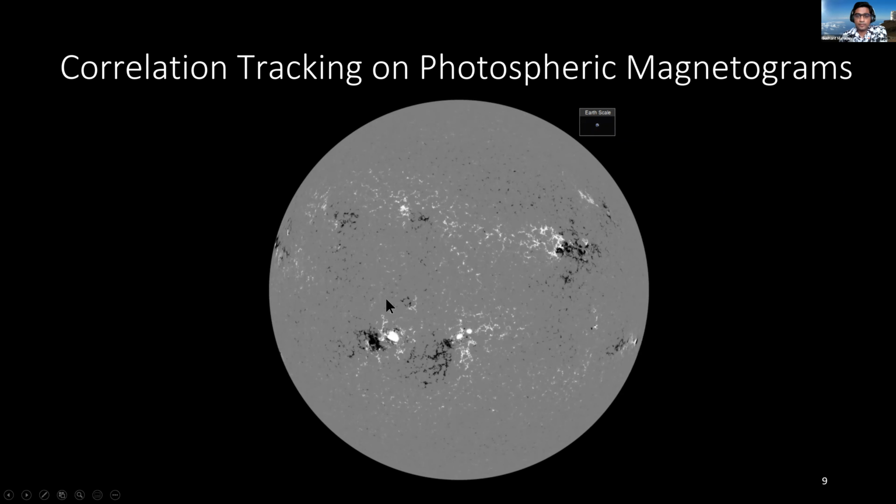All right, so this is a typical magnetogram. White color here represents positive magnetic field. Black color here represents negative magnetic field. And the Earth is shown to scale here. You can see bipolar magnetic regions with opposite polarity groups of spots, and with a tilt with respect to the east-west axis here, right? So what we're tracking in this study is not the sunspots themselves,